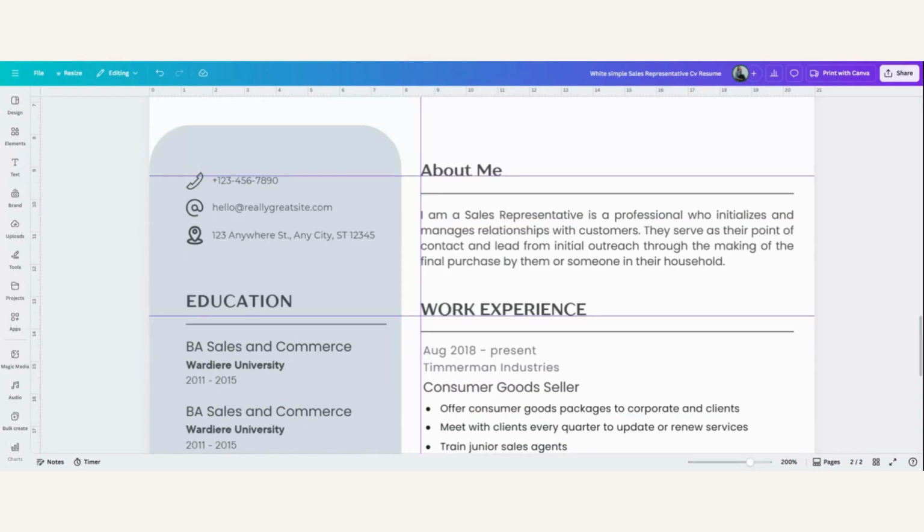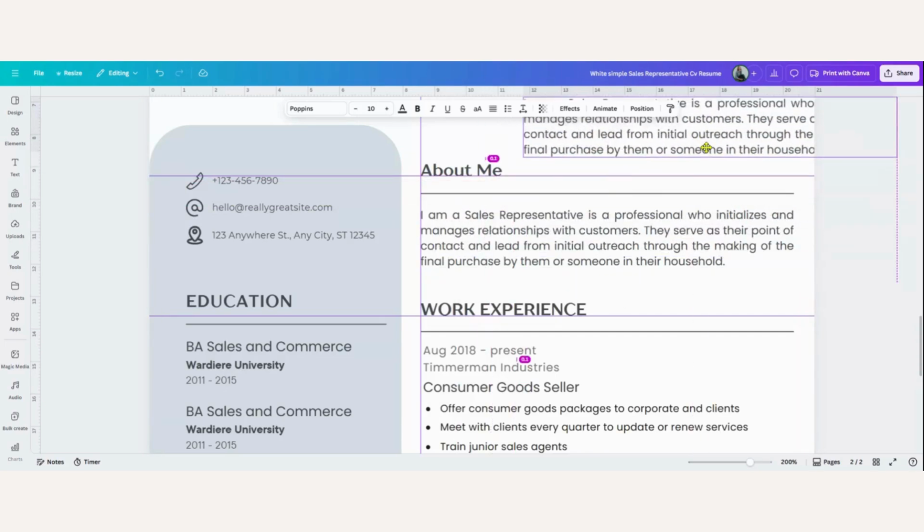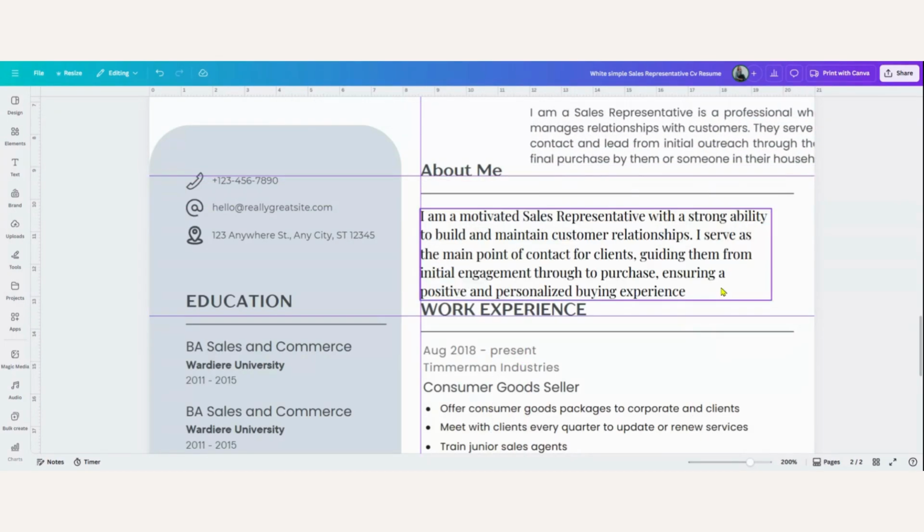Design chaos often happens during copying and pasting of information from another document into Canva. But not to worry, if this happened to you, I have a great tool tip for you. First, look for a similar style text box or quickly duplicate the text box that you're going to work with next and move it to the side. Paste your new information into your design.